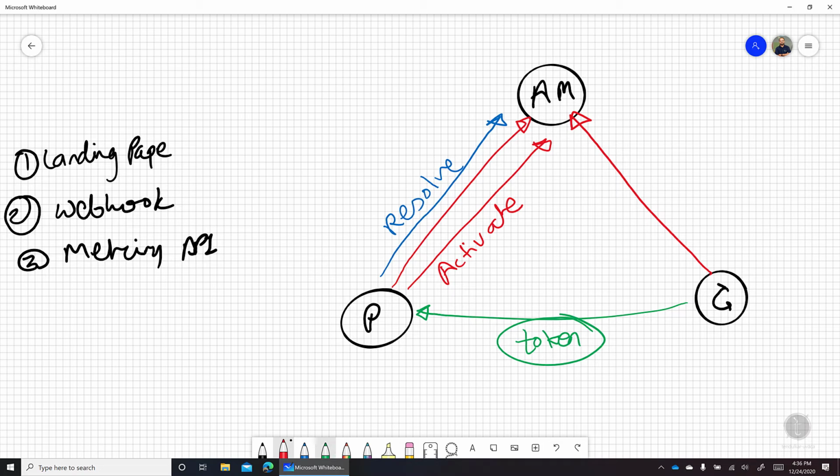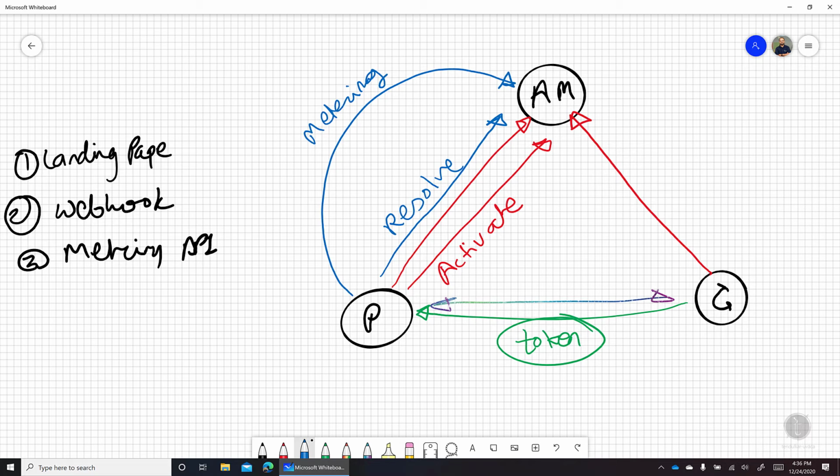So what actually happens is, behind the scene, I will use the multicolor pen over here, the customer starts using your services. Okay, so the customer is using your services and there are some custom metering dimensions, as I said. So in this case, what you as a publisher need to do is call the metering API almost every hour and send the information of utilization to Microsoft Azure Marketplace.